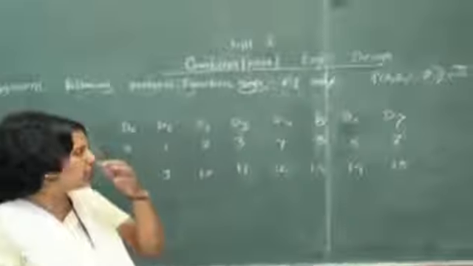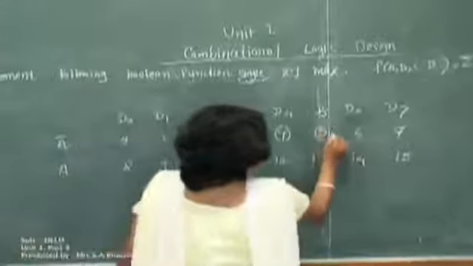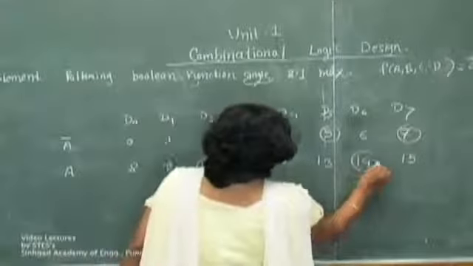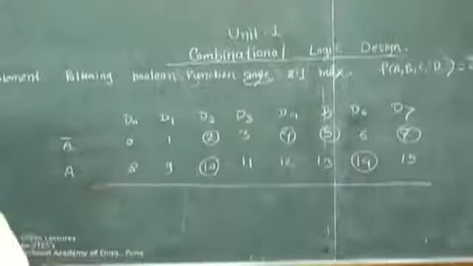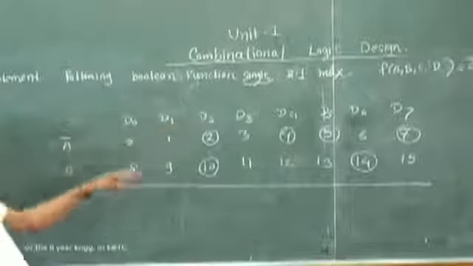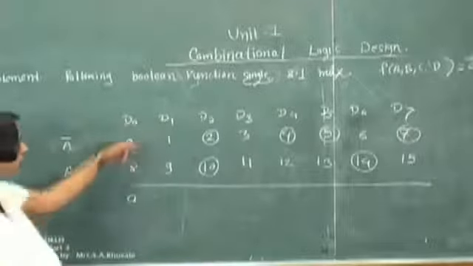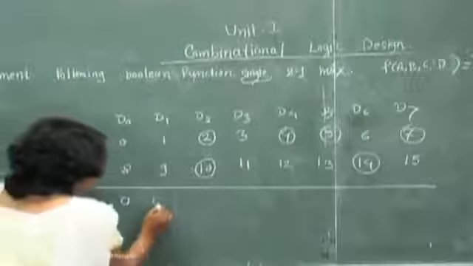Now see which functions are given here: 2, 4, 5, 7, 10 and 14. These functions I am just going to encircle. Now see, from this table I am going to get the final answer. When no data line is there in the given equation, that particular D0 line should be connected to ground. D1 also similarly, from this combination nothing is there in our equation, so this is also 0.